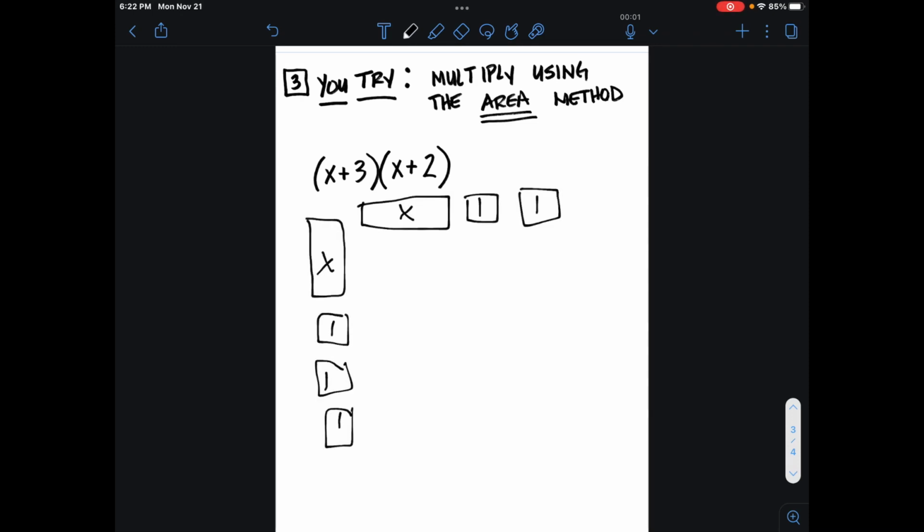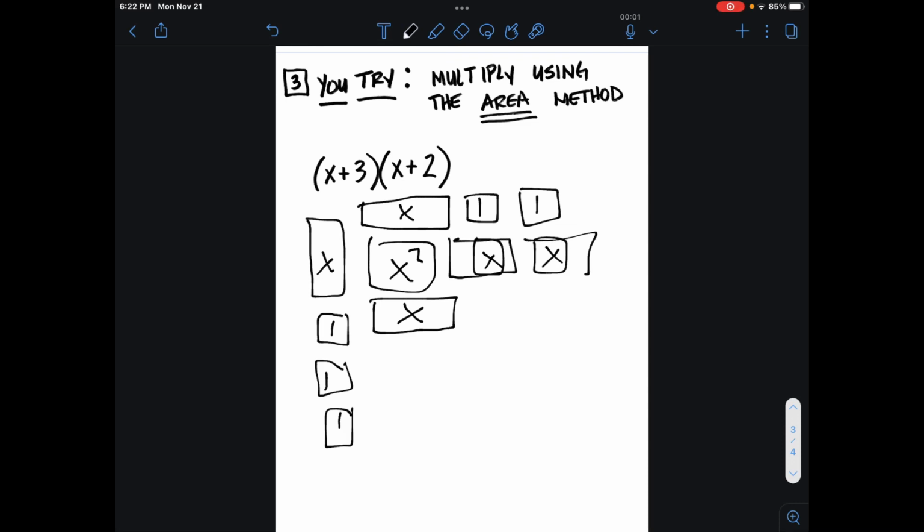If you have successfully snatched the pebble from my hand, then your tiles should have looked something like this, and then when we combine them, we get x squared here, x, x. I'll just keep going down the row. X, oh sorry, these should have been rectangles, so just imagine the rectangles. We have a 1 here, another 1, x,